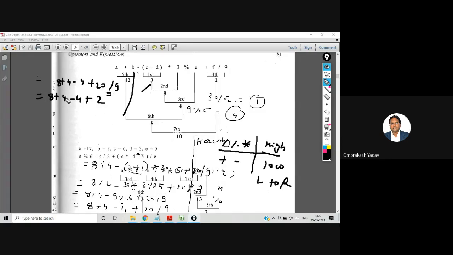So that is solved. Now the plus and minus are left, and we will follow associativity from left to right because plus and minus are on the same level. First I'll see this plus and resolve it: 8 plus 4 is 12, minus 4 plus 2. Then going from left to right, I see this minus first, so 12 minus 4 is 8, and plus 2. After this, only one operation is left, that is plus. So the answer is 10. So Trupti, whatever you solved is correct. Very good, Trupti.